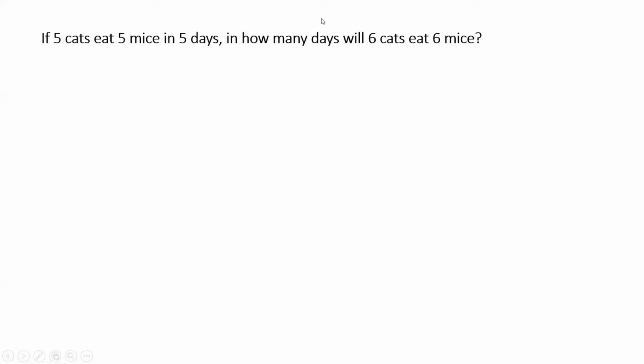This is a problem that I was asked when I was back in middle school. It was a rapid fire kind of puzzle question that someone asked me that I had to answer right on the spot, without giving myself a lot of time to think. So the question is, if 5 cats eat 5 mice in 5 days, in how many days will 6 cats